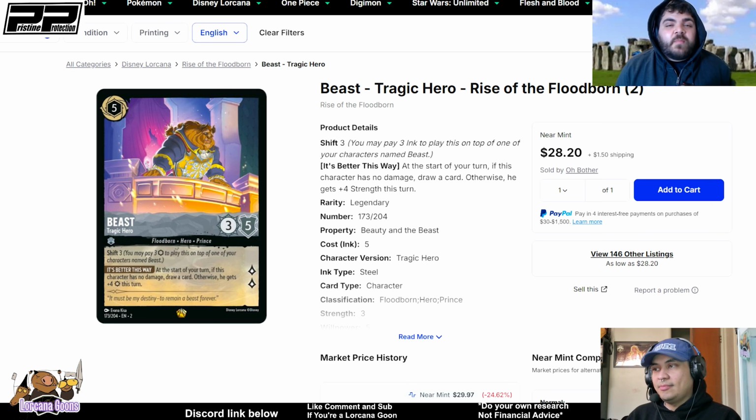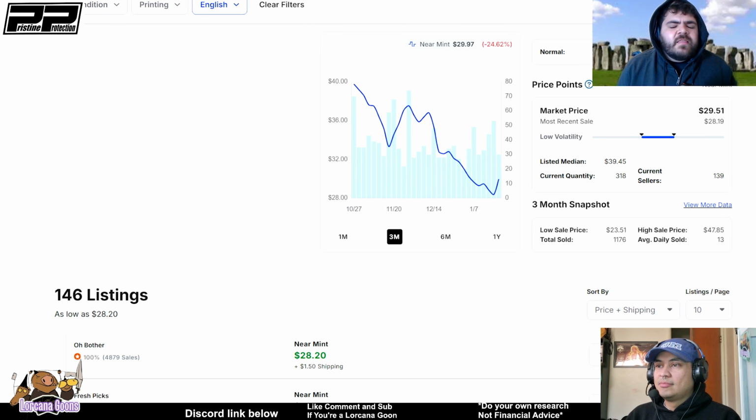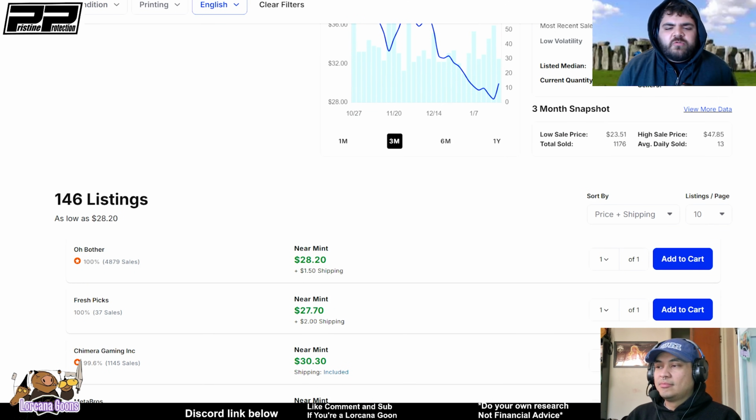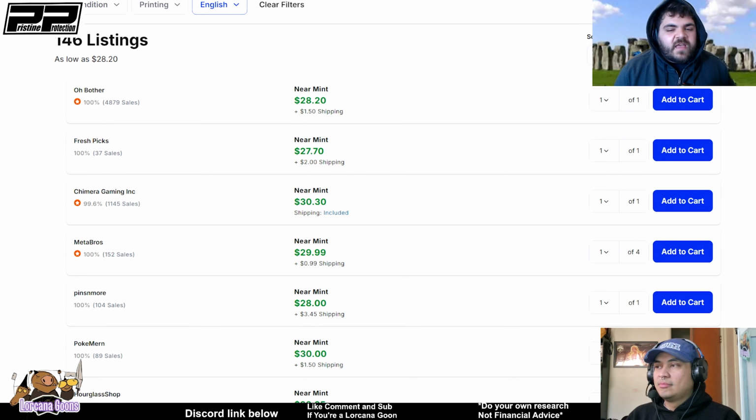And a card I would like to play more too is Beast Tragic Hero. We're looking at a price of $28.20 with just $1.50 shipping. This was brought up in our Discord server too, so shout outs to Saucy, one of our moderators, and we have had him on one of our episodes of Quest with a Guest. But yeah, this is a $30 card that I don't see staying that much cheaper for